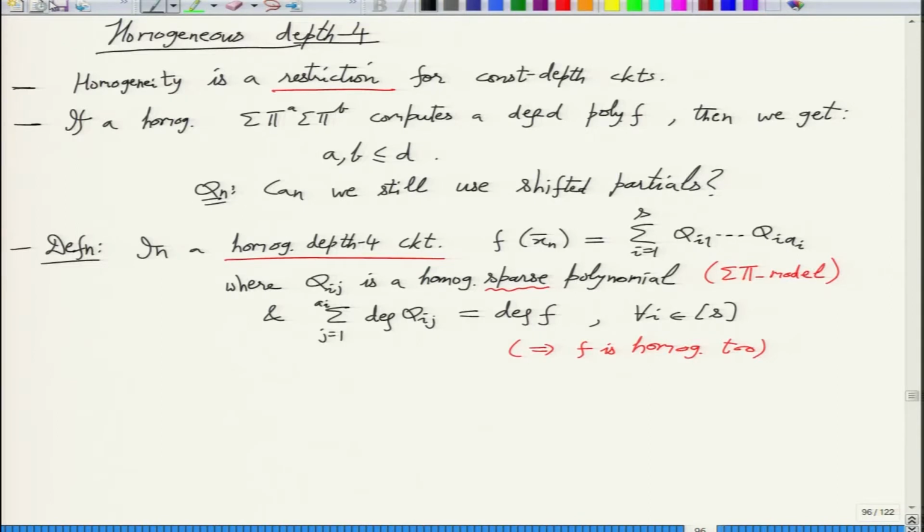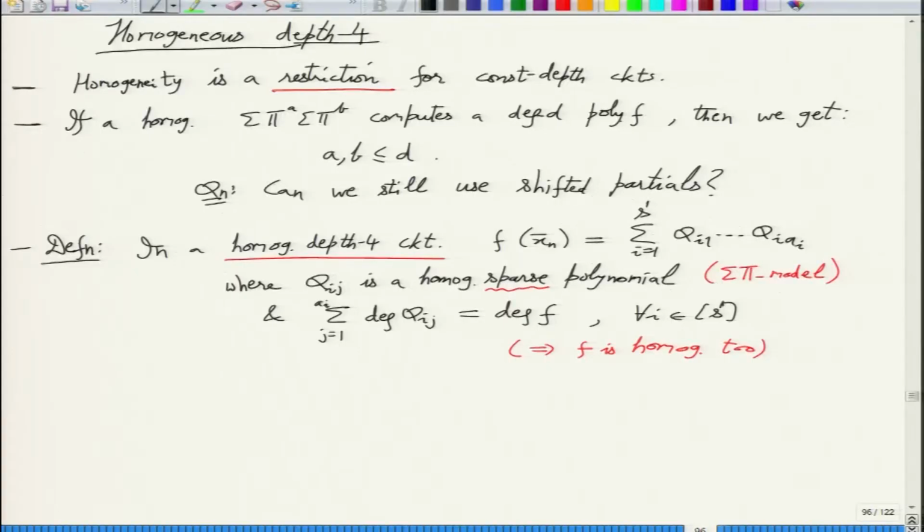That will be used. Yeah, so I think I should at this point not use S for the top fan-in, because S will really be total size in our proof from now on. Let's call it S prime. So now, if the total size is S, which will also include how many monomials appeared in Qij, we have to use the fact that Qij has few monomials, and then try to do something. Basically in the end we will use shifted partials after doing some transformations, since the set of monomials we are assuming is small,